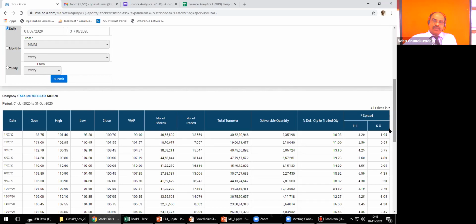On 1/7/2020, the spread is 3.2. That means within one day, per share, a person can gain a maximum of 3 rupees 20 paise. But if he invested at 9 o'clock in the morning and withdrew in the evening, he will gain 1 rupee 95 paise in a single day for one share.